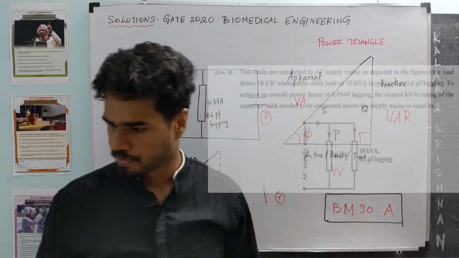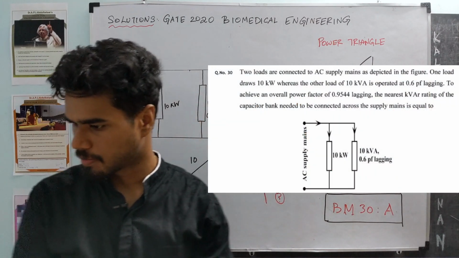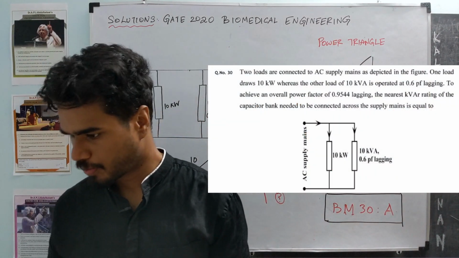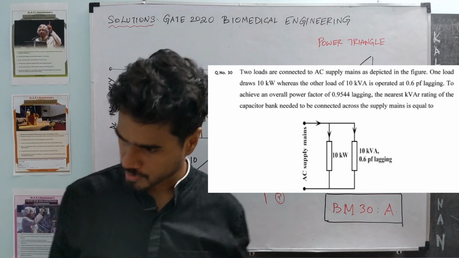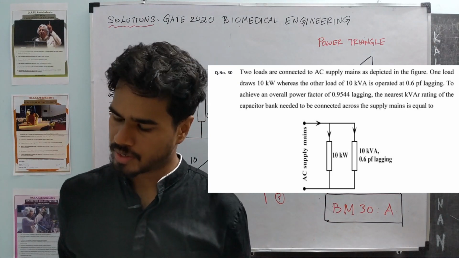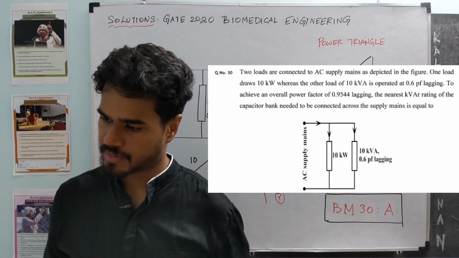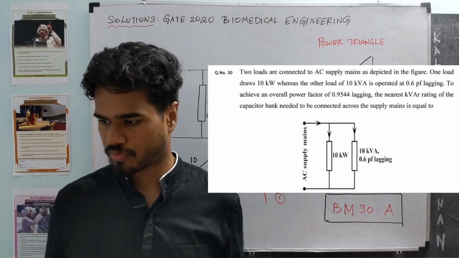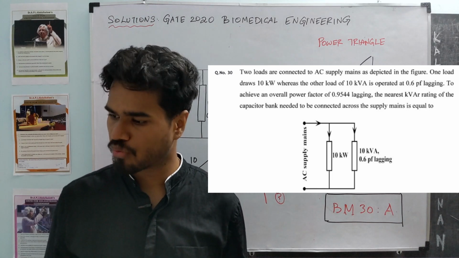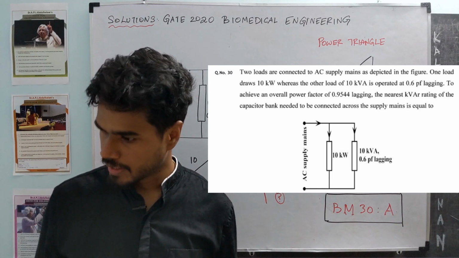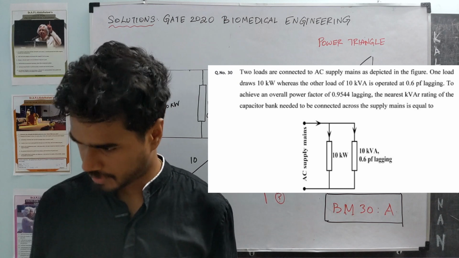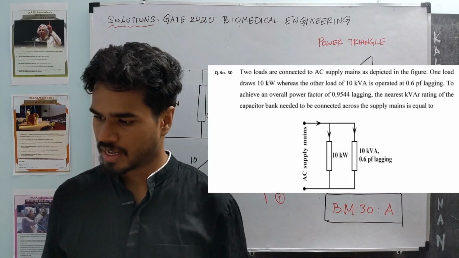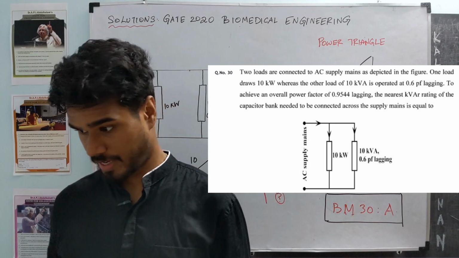Question number 30. Two loads are connected to AC supply mains as depicted in the figure. One load draws 10 kilowatts, whereas the other load of 10 kilovolt ampere is operated at 0.6 power factor lagging. To achieve an overall power factor of 0.9544 lagging, the nearest kVAR rating of the capacitor bank needed to be connected across the supply mains is equal to